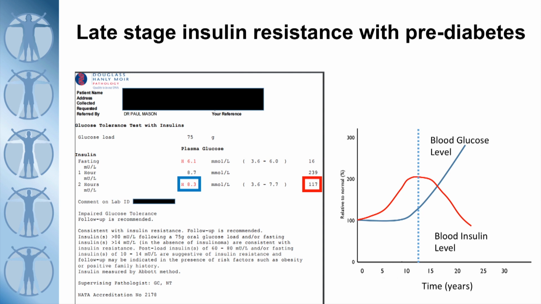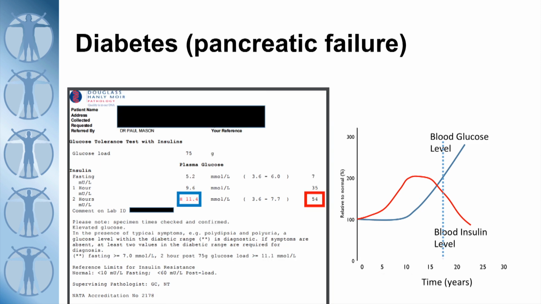It's at this point that they might be told they have pre-diabetes because their blood sugar here has started to come up off the baseline. But you can see here the insulin's even higher. And the final stage is now. Blood sugar's 11.4, that's diagnostic of diabetes at 2 hours. This patient would be told that they have diabetes. But have a look at the insulin. The insulin's actually not that high. This is demonstrating how the capacity of the pancreas to secrete insulin actually gets damaged when it's exposed to sustained elevated blood sugar levels, and your insulin level will then drop.